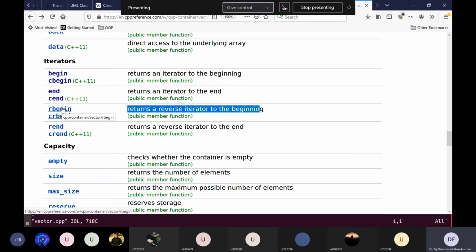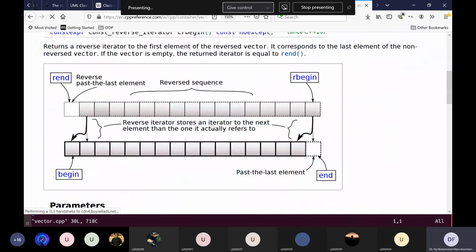It starts from the end. So rbegin gives you an iterator to the last element of the vector. Similarly, we have a corresponding rend, which gives you the iterator beyond the first element of the vector.